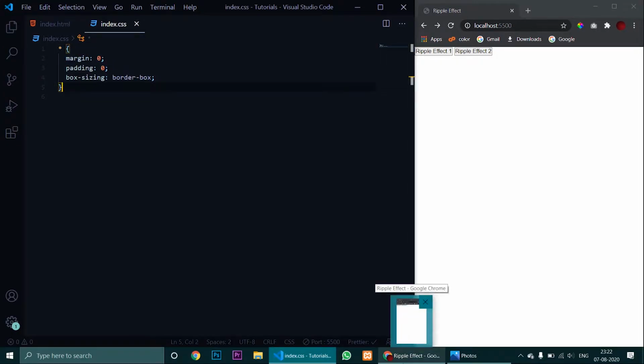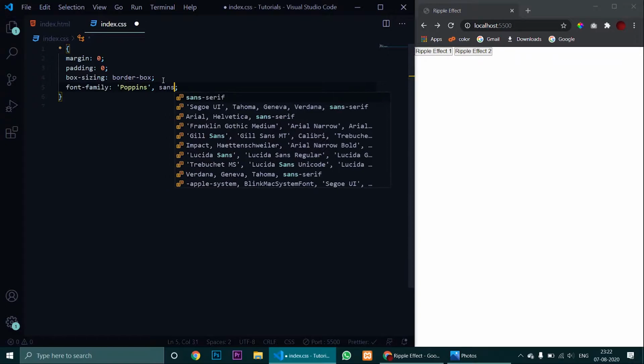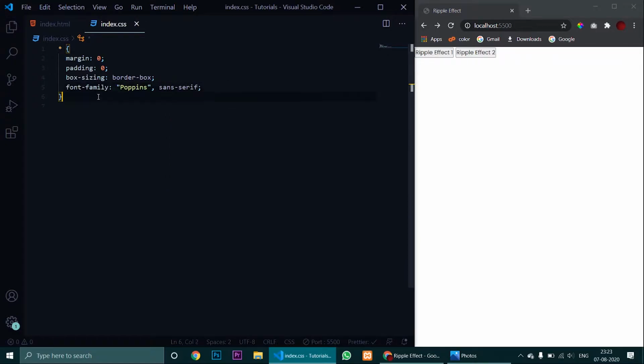So for removing that margin, we need to use the asterisk selector, which selects everything which is on the page, and give it a margin 0, padding 0, and also a box sizing of border box. So these three things are recommended to do every time you get into the CSS part, because these nullify all the default properties which are applied by the browser to our page. So now also let's give it a font family of Poppins. Yeah, now let's design it.